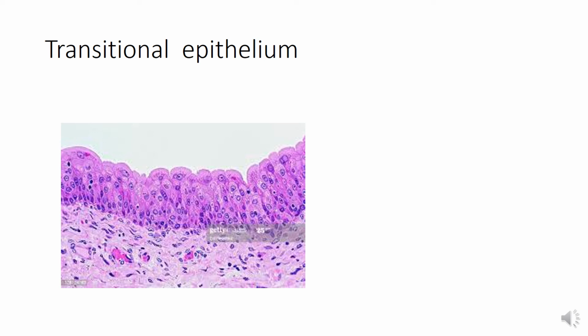Now, this consists of a basal layer of cuboidal cells. You can see here the basal layer of cuboidal cells, then the polygonal cells. The superficial layer of the epithelium appears to consist of very large dome-shaped cells, also known as umbrella cells. Tight junctions are present between these dome-shaped cells to prevent intravasation of the urine in between these layers.